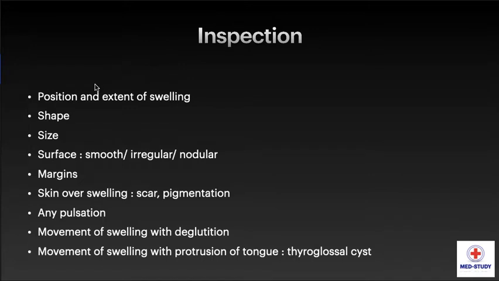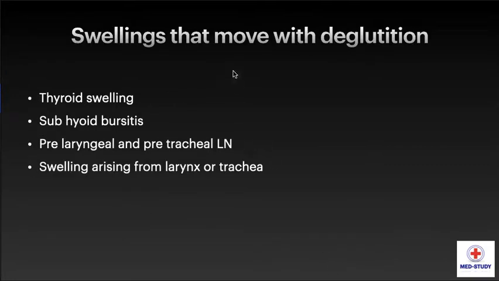Now coming to inspection. We have to inspect for position and extent of swelling, shape of the swelling, size of the swelling, surface whether it is smooth, irregular, nodular, then margins, then skin over the swelling, any scar and pigmentation, any pulsation, movement of swelling with deglutition, movement of swelling with protrusion of tongue as seen in thyroglossal cyst. Swellings that move with deglutition are thyroid swellings, subhyoid bursitis, prelaryngeal and pretracheal lymph nodes, swelling arising from larynx or